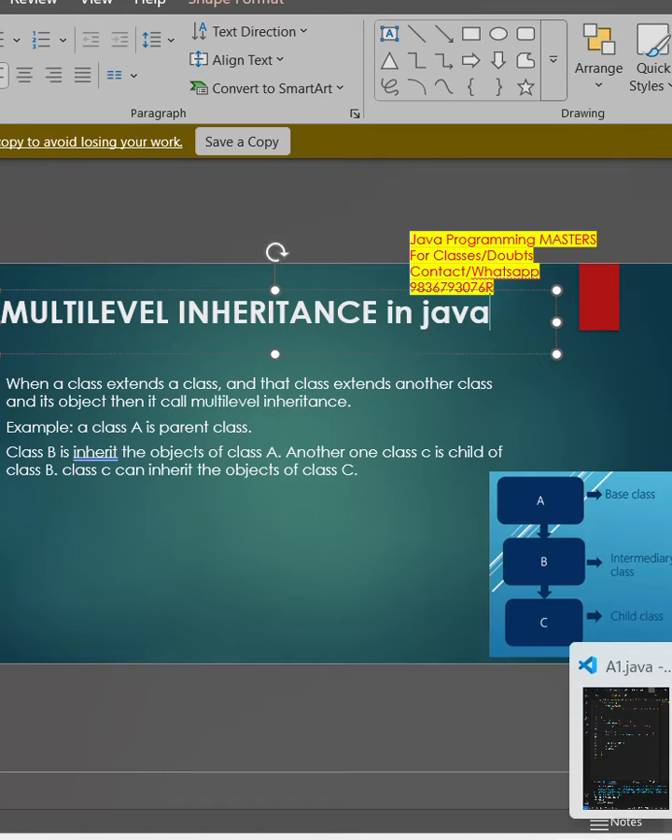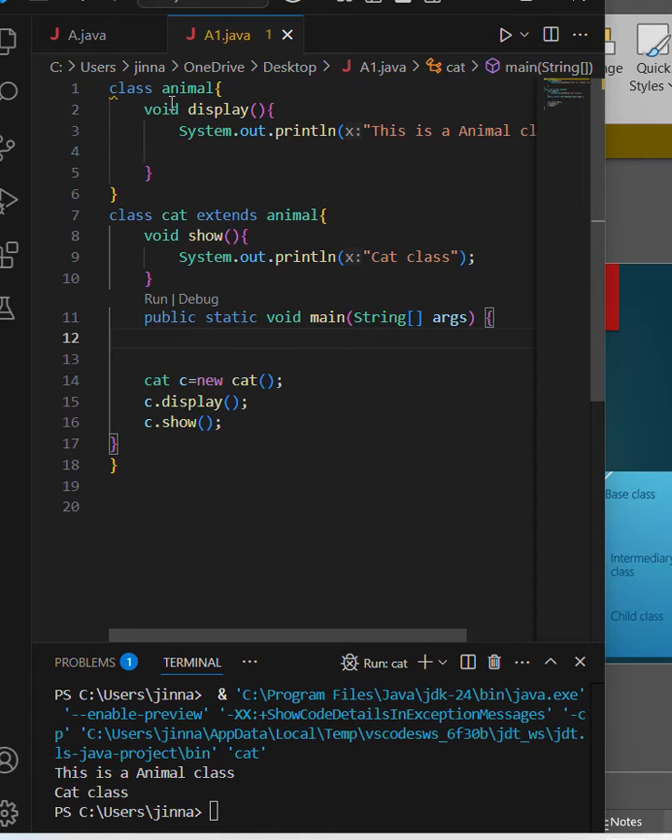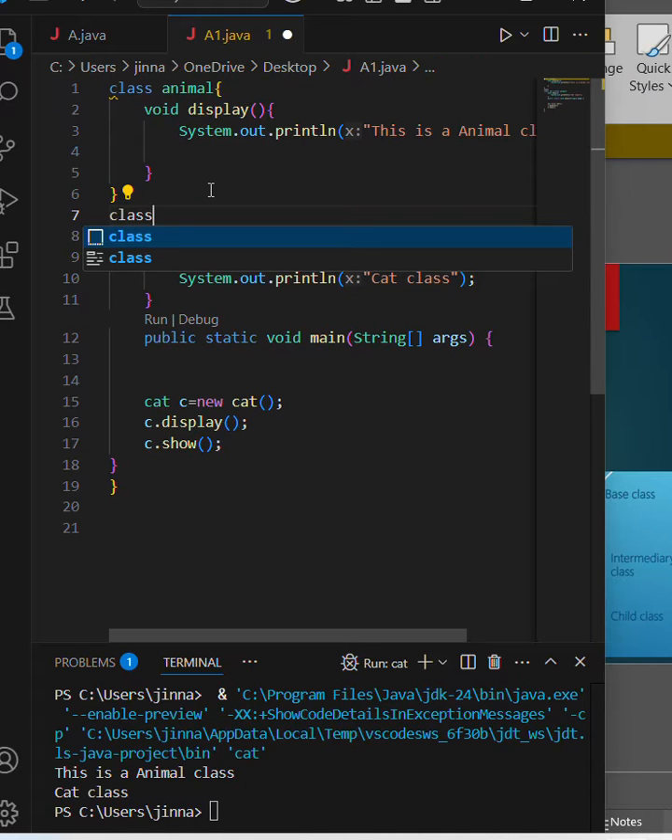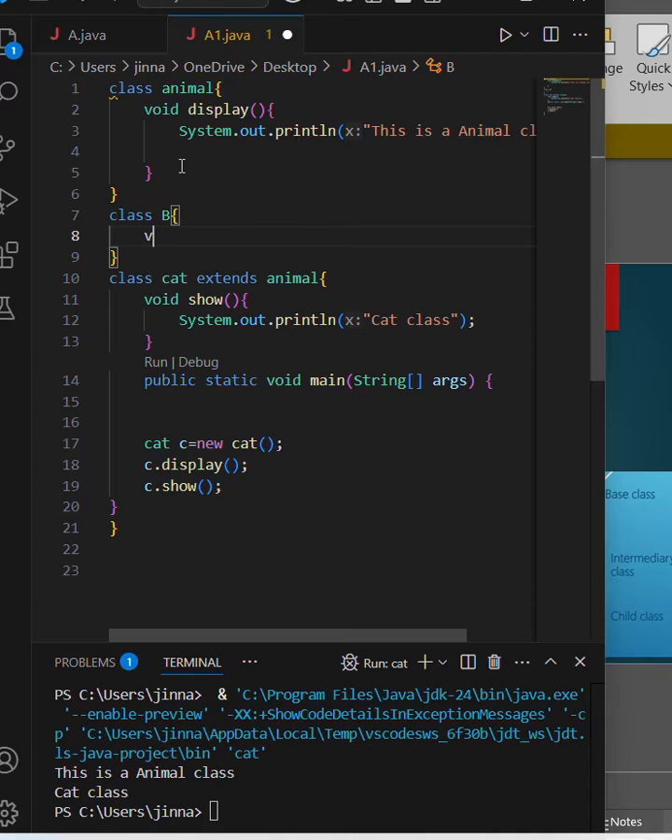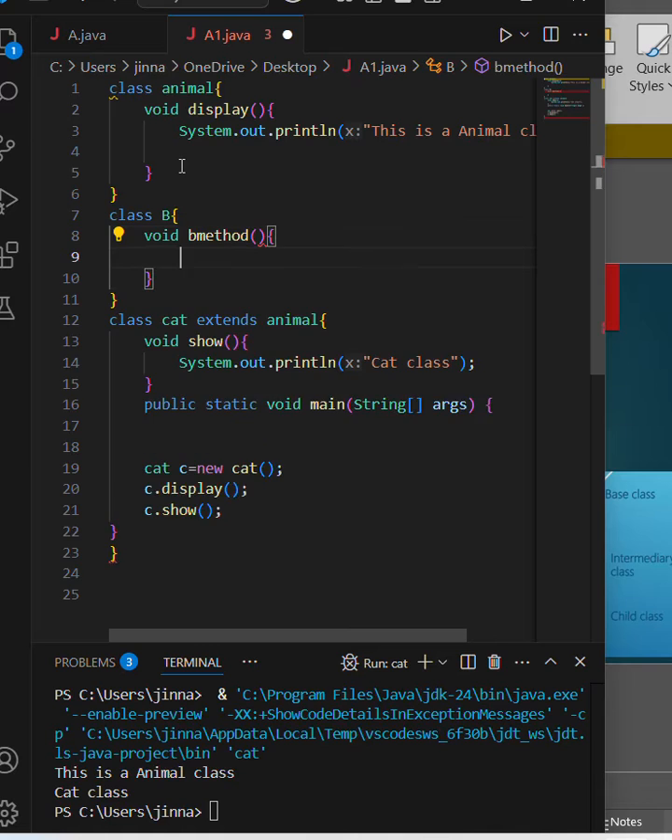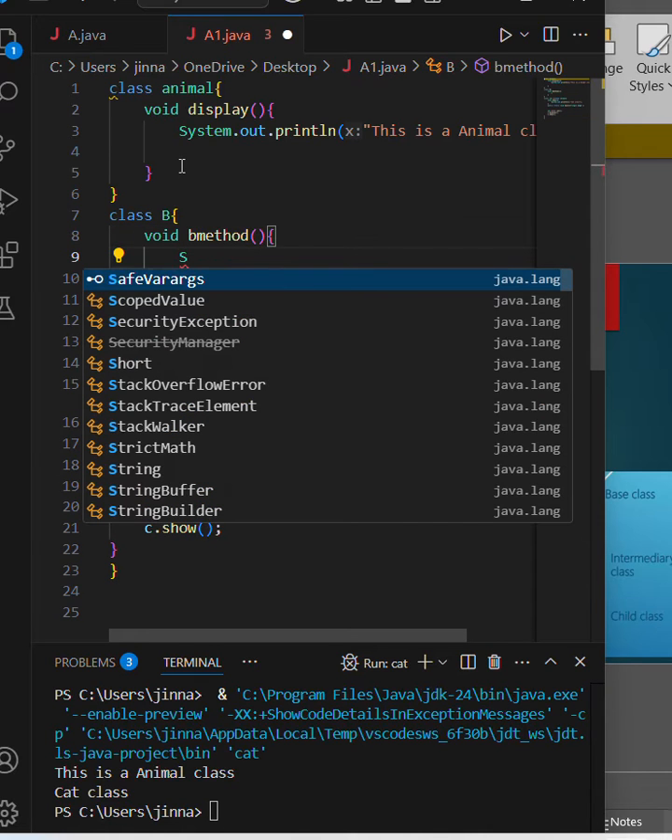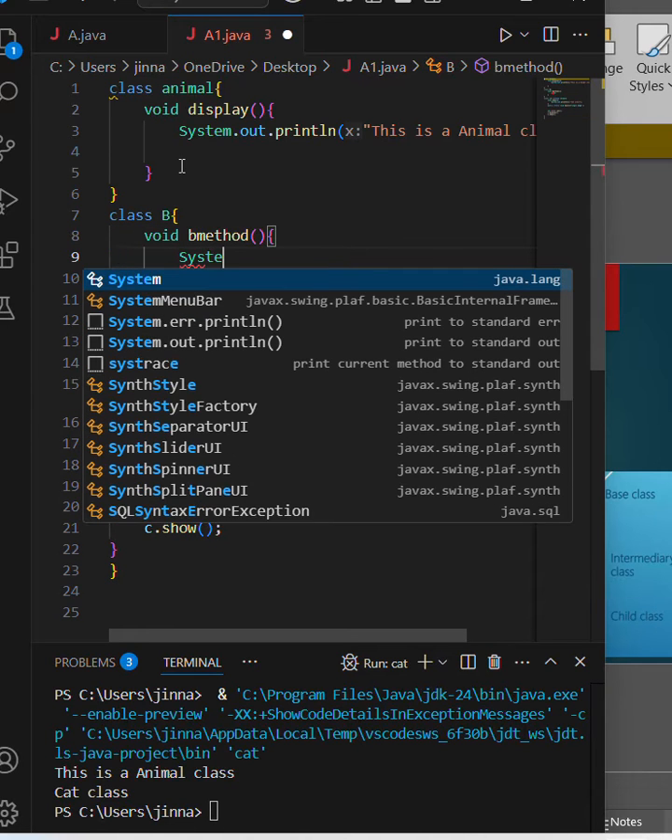Okay, let's go to Visual Studio Code quickly. We saw the single level inheritance, right? That animal class is being extended by cat class. So suppose I create a class B, which is having a method, let's say void B method, because this is a B class, right? And let's give something inside the B class method,